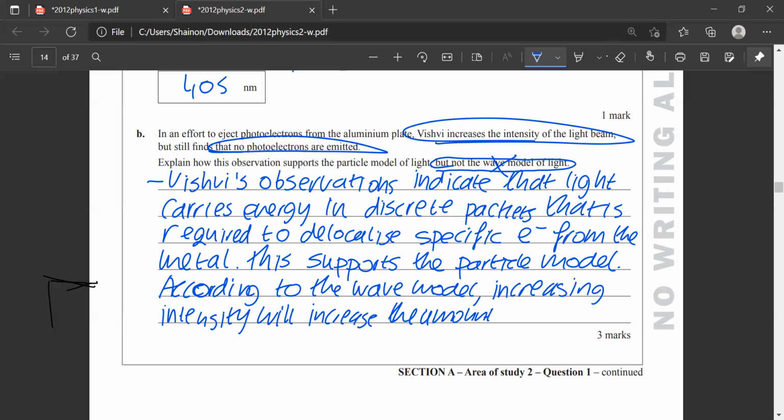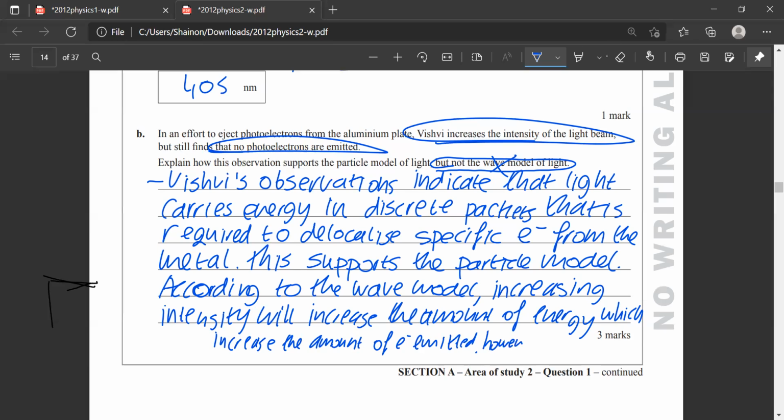The amount of energy which increases. Emitted. This is